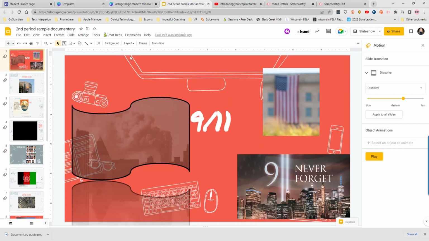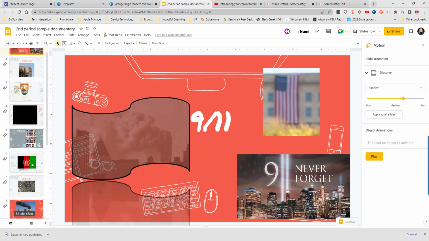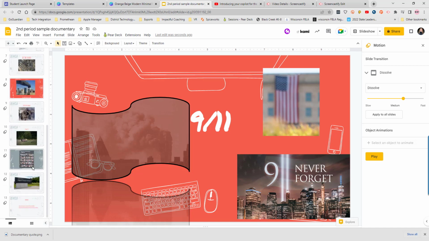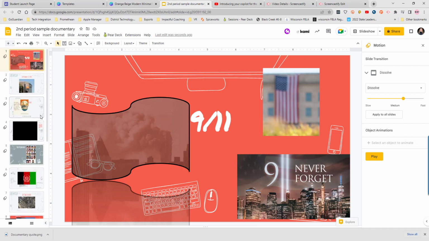The last step that you need to do is to go through and record your presentation where you have your printed out script. So Mrs. Dable will give you your script. You're going to get ready to record. So to do that, you're going to go through and make sure you have all of your slides and your timing set correctly. Now, when we go to record using Screencastify, I'm going to go up here in my settings,